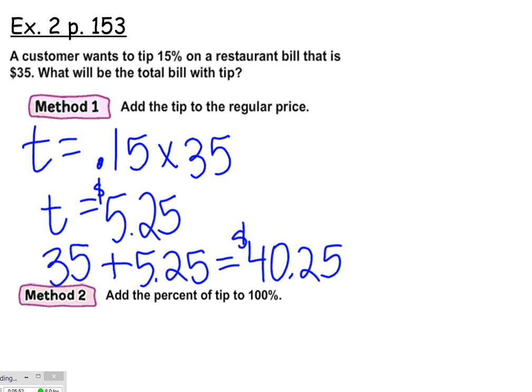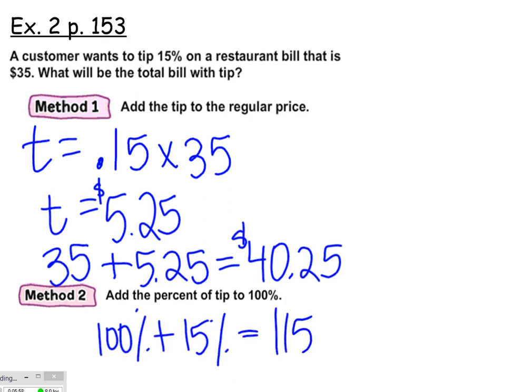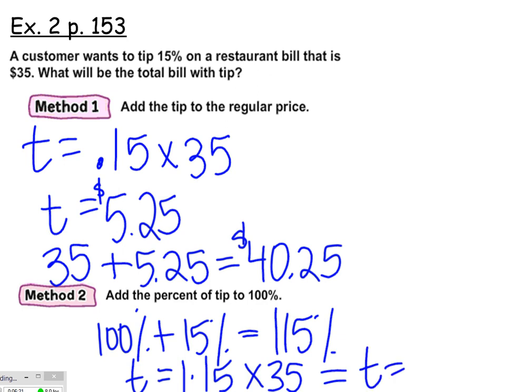The second method is to add the percent of tip to 100%. 100% is the total bill. 15% is the tip. That gives us a total cost of 115%. So now what we can do is get the total cost, T, equals 1.15 as a decimal, times the original amount, which is 35. When you multiply that, you get your grand total to equal